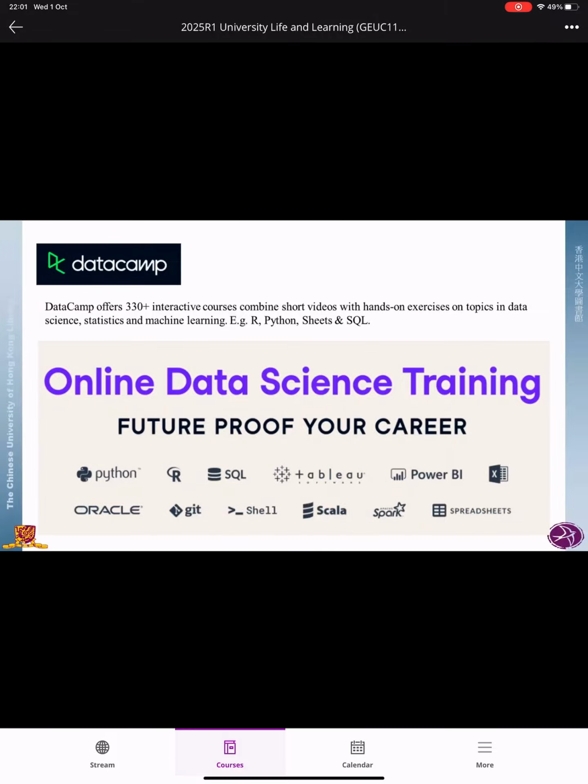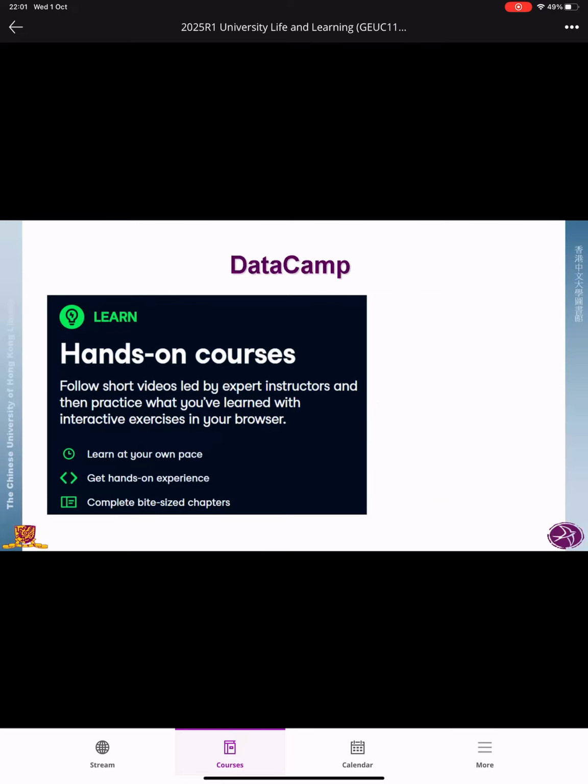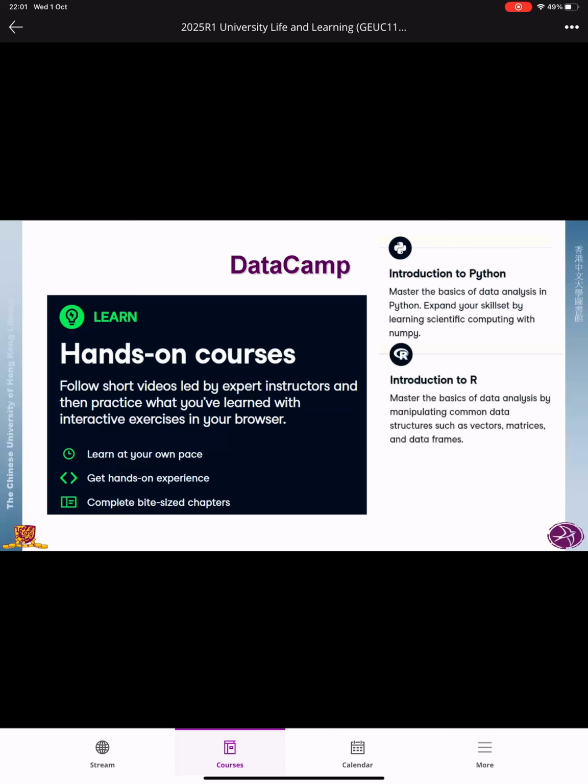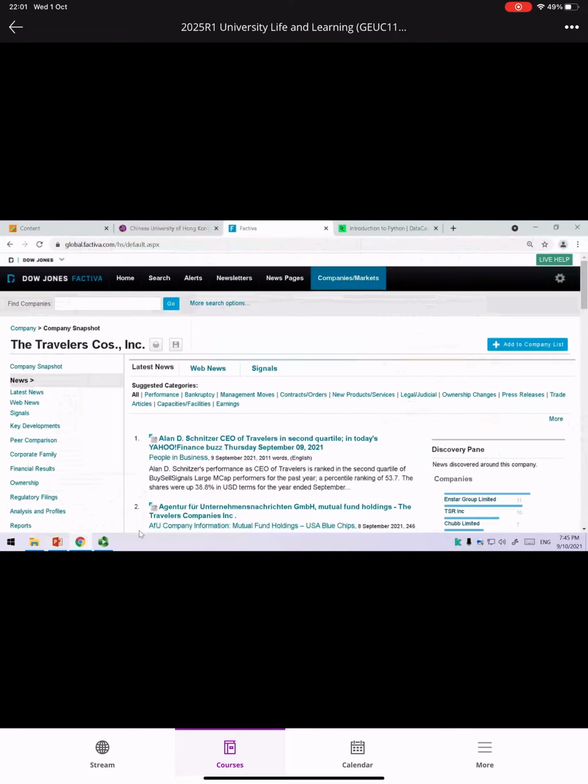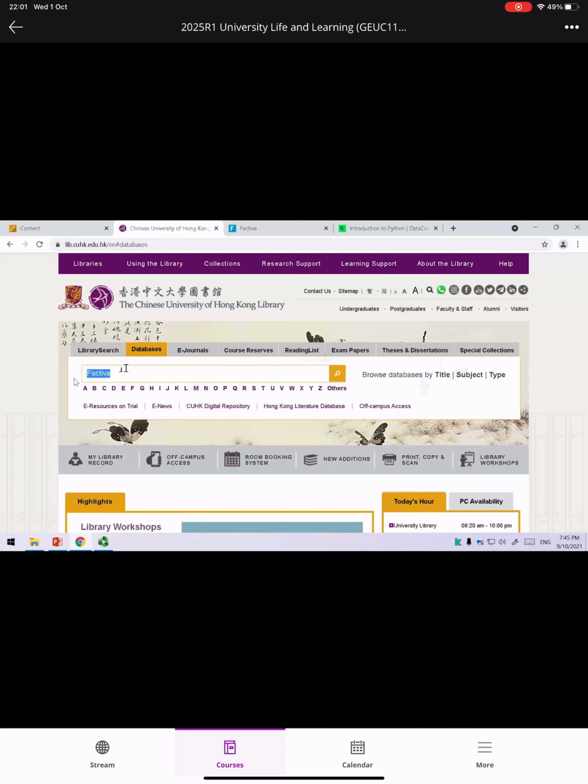It's free for all of you, and I personally find it quite user-friendly because they are hands-on courses and they are in bite size. Not too difficult, but if later on you want to move on to do a PhD, or even generally speaking you want to learn one more computer skill, this is good. They have basic topics on Python, R, and SQL. Let's have a look. I just logged into my account. If you want to find it, just go to database and then type in the name, DataCamp,